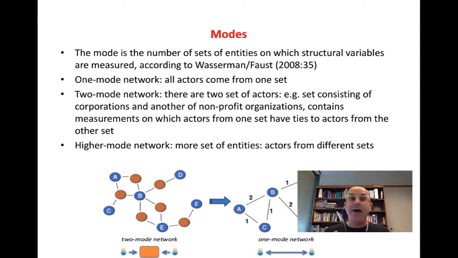The nodes are the set of entities on which the structural variables are measured. In a one-mode network, all actors come from one set, while in a two-mode network there are two sets of actors, for example one consisting of corporations and the other of non-profit organizations. So we have one-mode versus two-mode, and those are very important to us when we start to analyze those